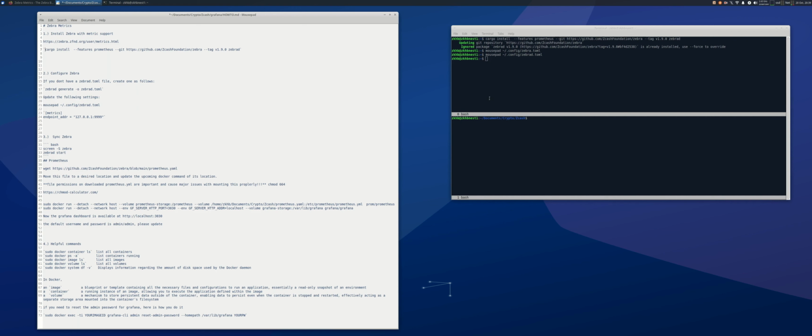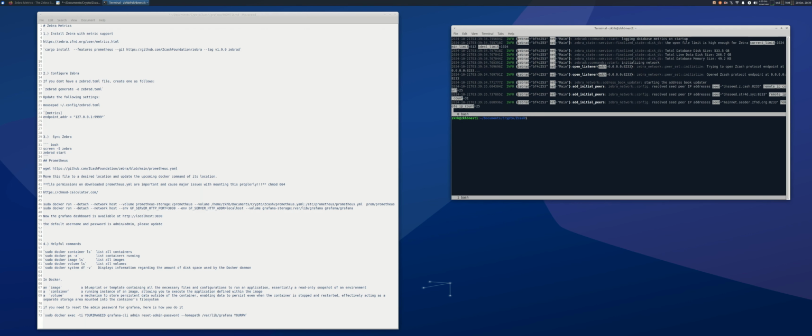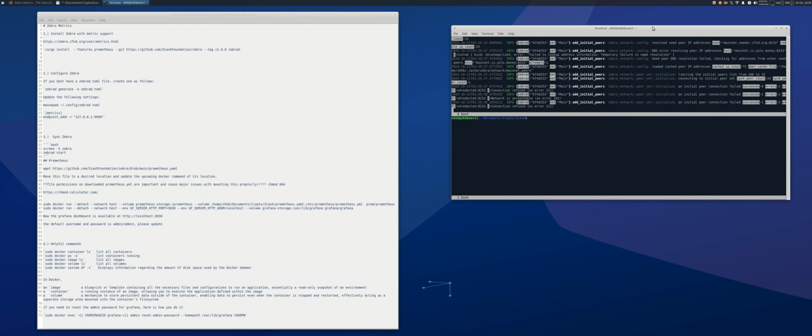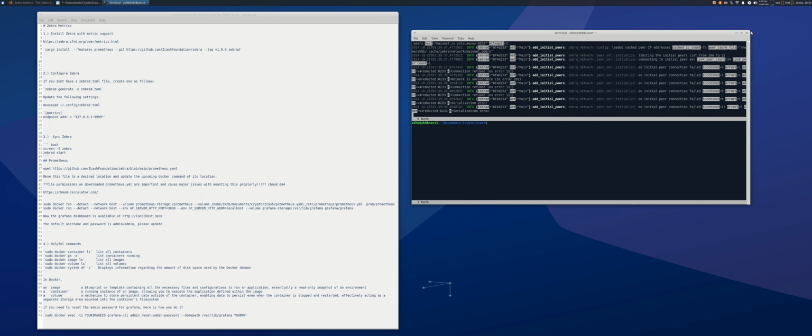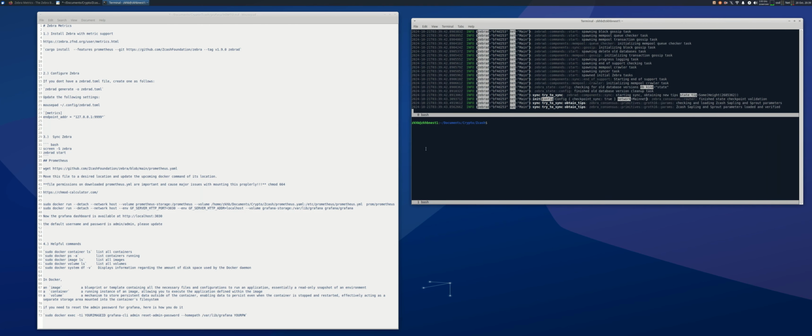I recommend running it in a screen or a tmux. That way it's easier to use. And all you type is zebrad start. And of course my node's already synced. If you haven't synced your node, it'll take a few days, potentially, depending on your network and hard drive speed. But assuming everything's fully synced, we can continue to the next step,